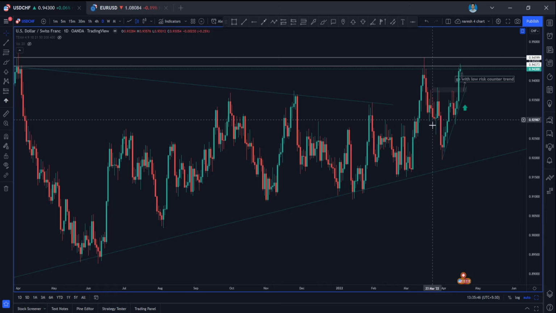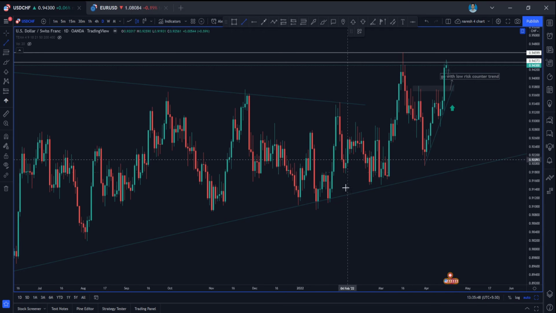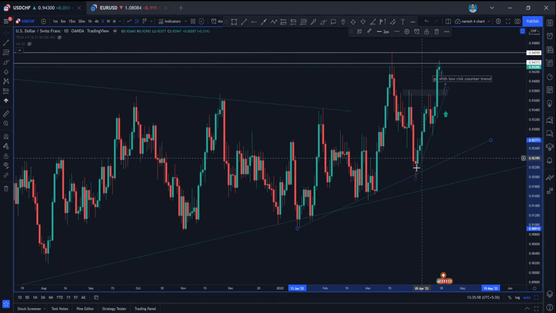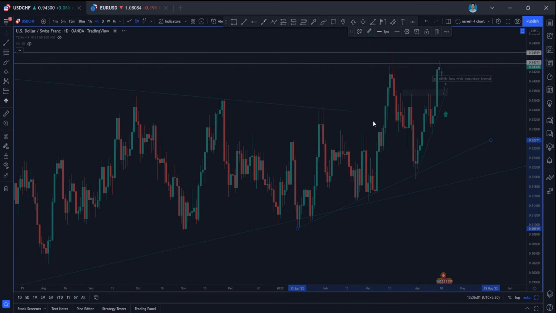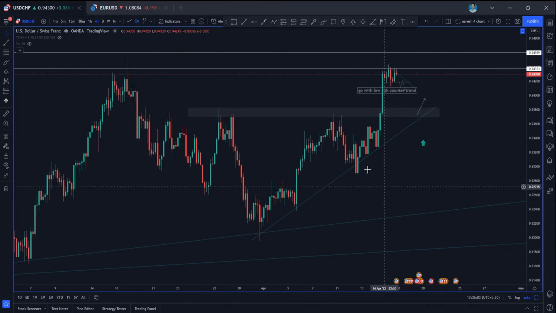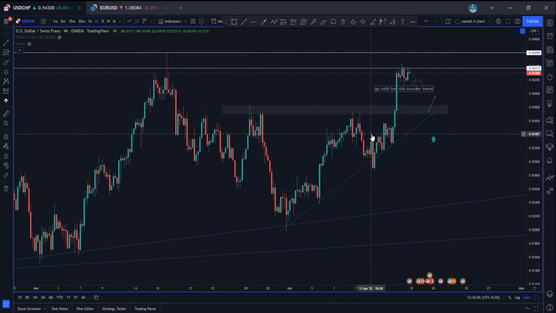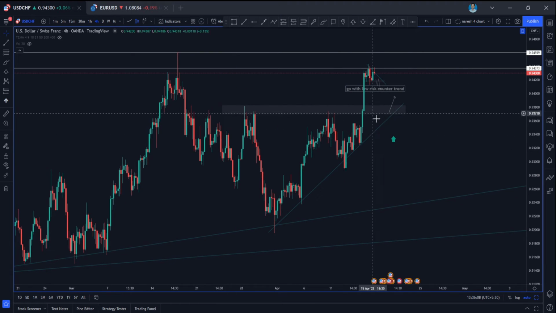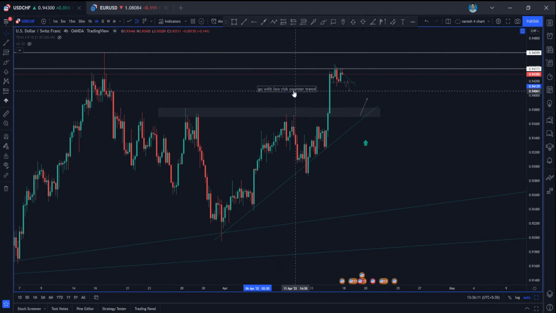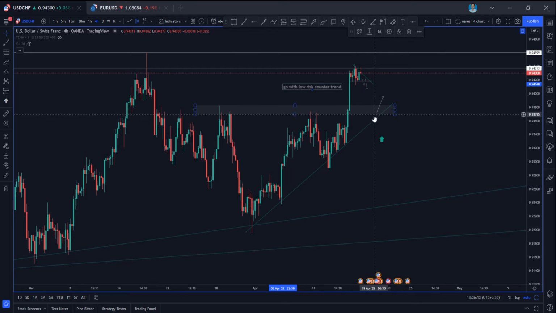So it came back to this trend line again, which should be this trend line, because it formed a higher high here. So same like what I've told in last week analysis, it moved in this same direction, so it came to this level again and it is moving up again. So again, I'm looking, it formed a better head and shoulder, guys, and it is a very good opportunity to go for long. So what I'm looking is wait for the price to retrace to this level again. It is an important support, and it is also near an important trend line as well. So I'm looking for long entry from here.